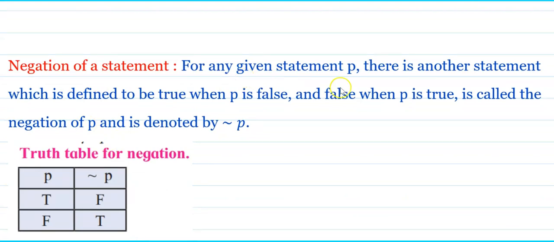Negation of a statement. For any given statement P, there is another statement which is defined to be true when P is a false, and false when it is a true is called negation of P, and it is denoted by negation of P. हे कुठली स्टेटमेंट घ्या त्याचं निगेशन म्हणजे काय, जर समजा ती ट्रू असेल आणि त्याचं निगेशन काय तर इट इज अ फॉल्स, आणि ती फॉल्स असेल मग त्याचं निगेशन काय तर ट्रू. फॉर एक्झाम्पल कुठल्याही स्टेटमेंटला दोन ट्रूथ व्हॅल्यूज असतात. टी आणि एफ, मग टीचं निगेशन काय तर फॉल्स आणि फॉल्सचं निगेशन टी इन दिस वे. दिस इज द ट्रूथ टेबल फॉर द